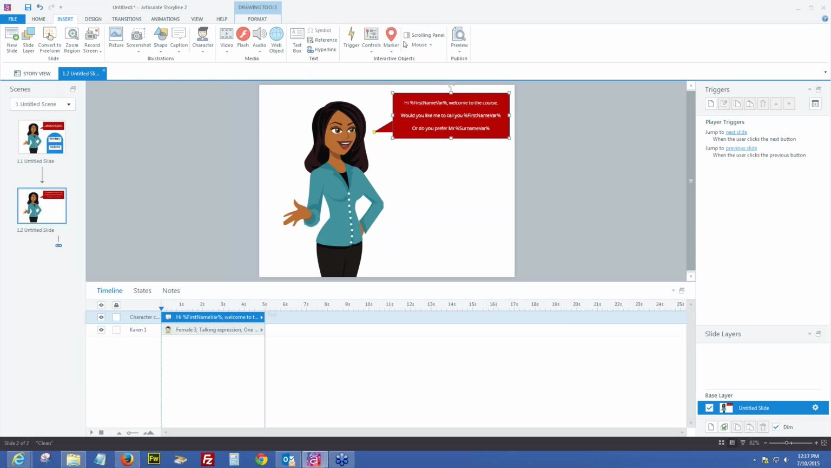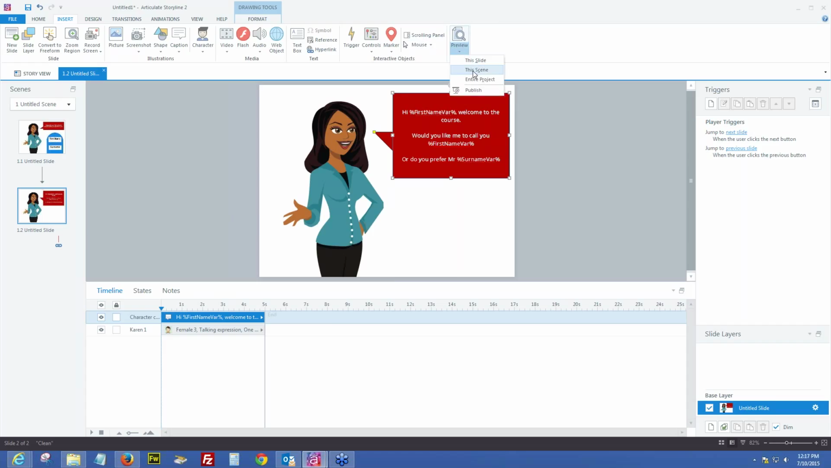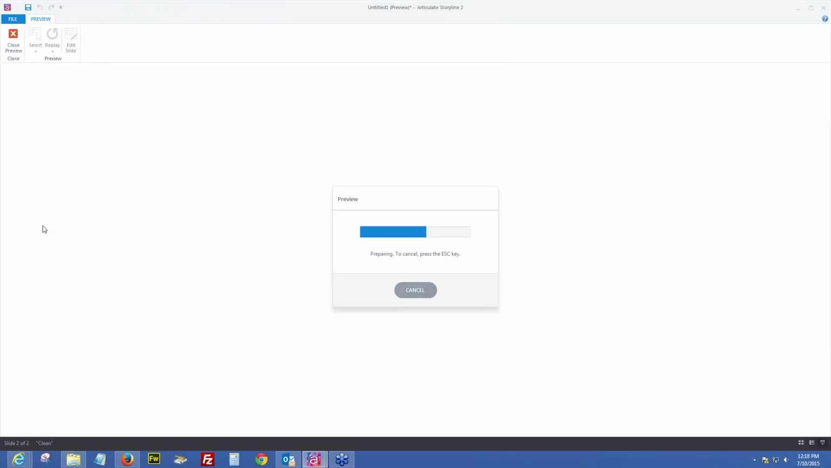I'll just make this box a bit bigger so we can see those a bit better. So hi, first name, which is slightly presumptive given the rest of the text box. Welcome to the course. Would you like me to call you first name, or do you prefer Mr. surname variable? So what should happen now is if I preview the scene, which is both slides together,